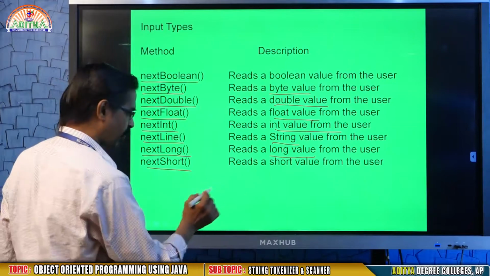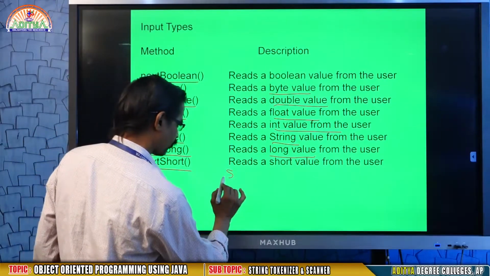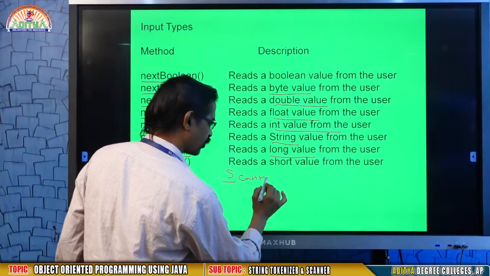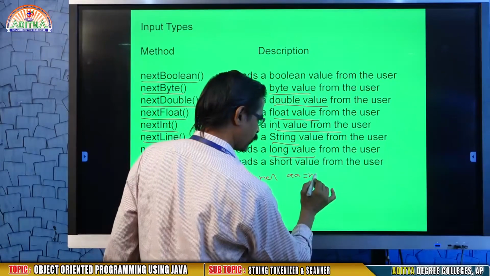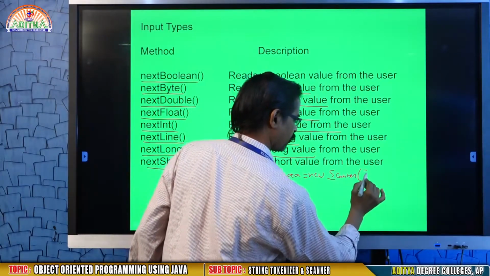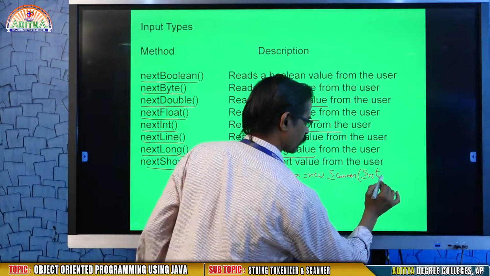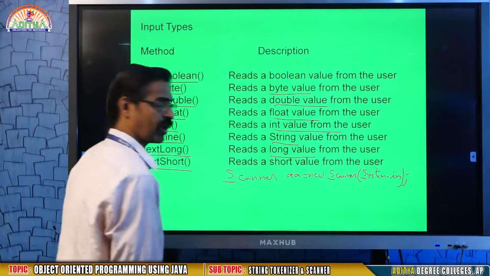Okay. For example, how am I going to read an integer? First we are going to initialize the Scanner object. Scanner AA equal to new Scanner of System.in.